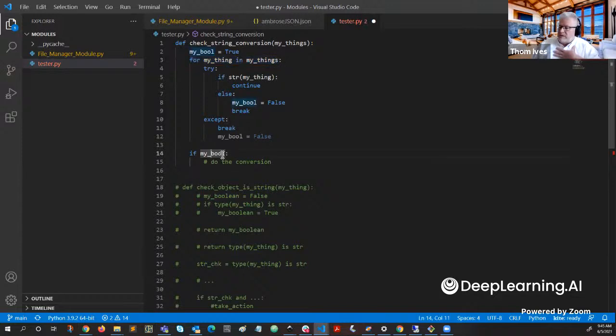So meaning if my bool remained true, now I can go through and go ahead and convert all of those. I hope this is helping. There's just little Python tricks, but the way Guy showed it is super clean. You check, if all of them check out that they can be converted to the thing you want them converted to, then you still have to go convert them. And by the way, that would be